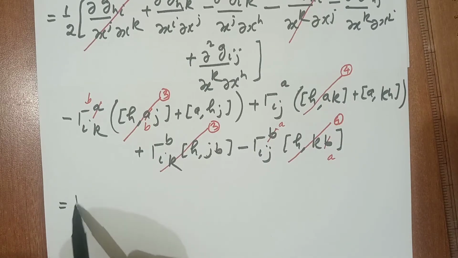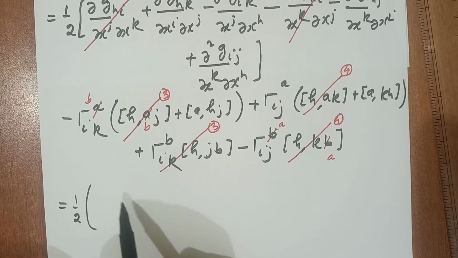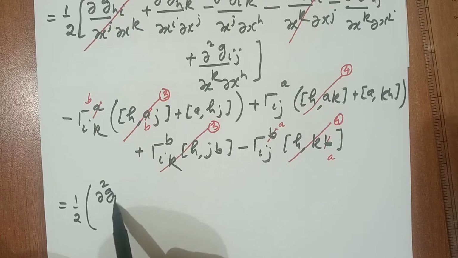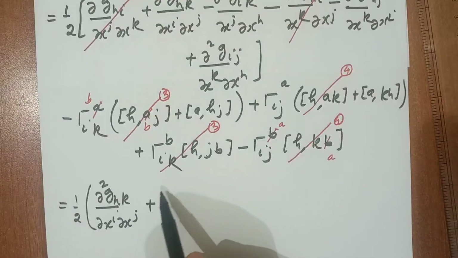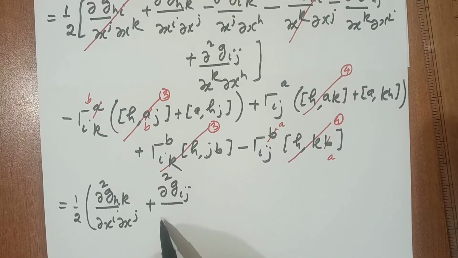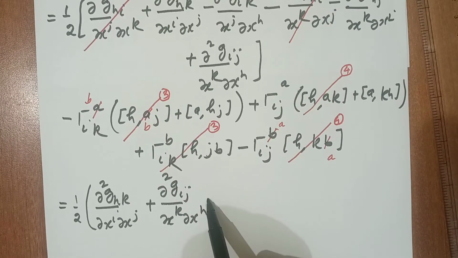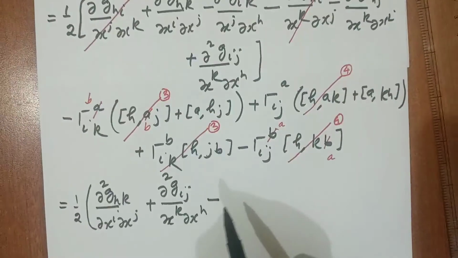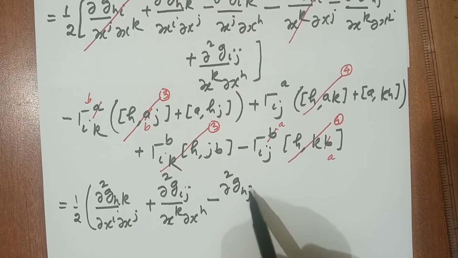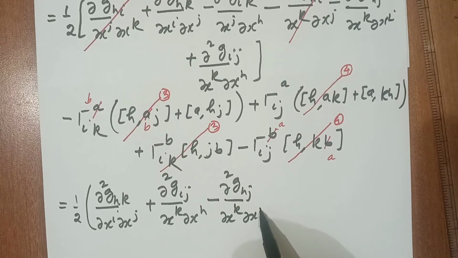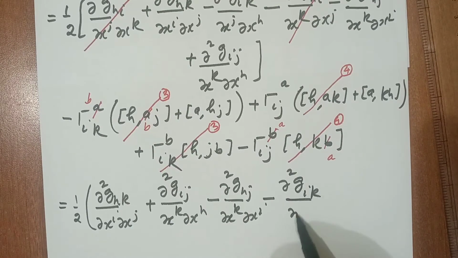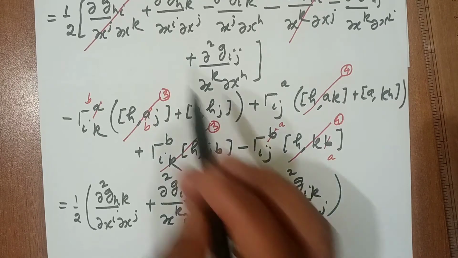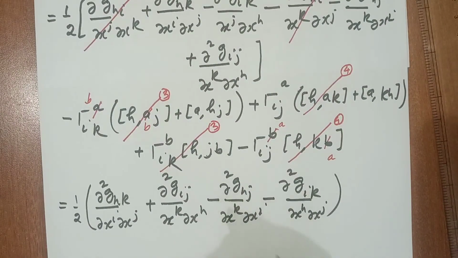This is equal to 1 by 2 [∂²g_hk/∂x_i∂x_j] plus ∂²g_ij/∂x_k∂x_h minus ∂²g_hj/∂x_k∂x_i minus ∂²g_ik/∂x_h∂x_j. So this is this thing, and the remaining terms here